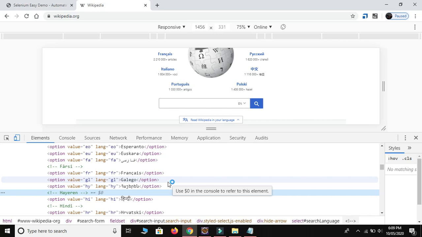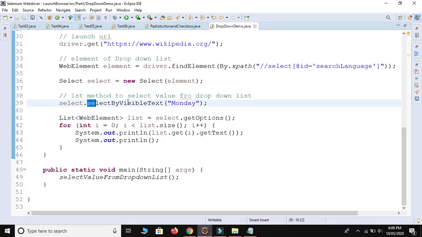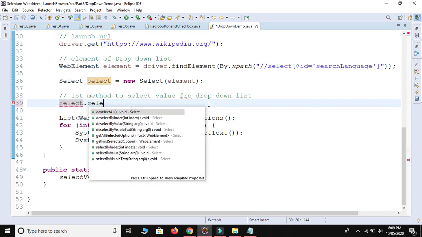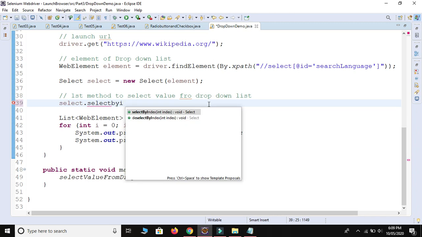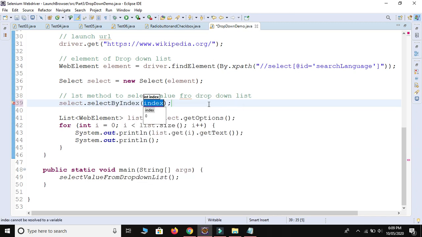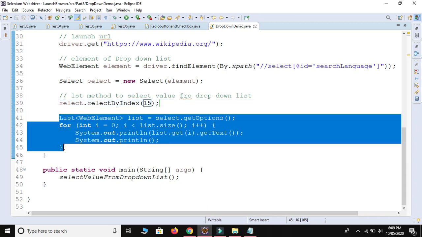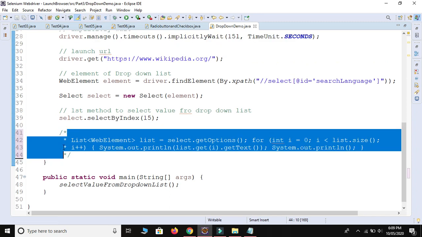See guys, we need to count the numbers, meaning at which index the Hindi keyword is present. But let me take one risk. We are going to use select by index. So we use selectByIndex, and we use 15, and let me comment out the other line, Control Shift and the slash symbol.